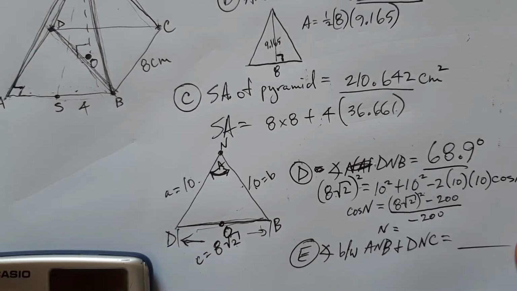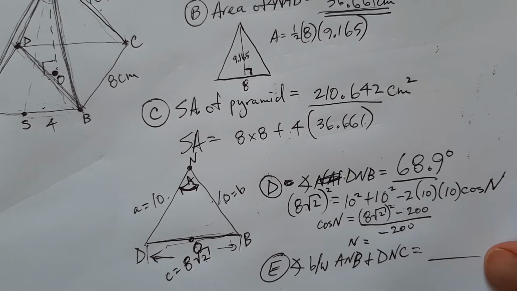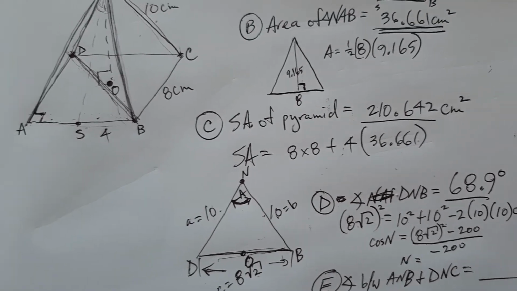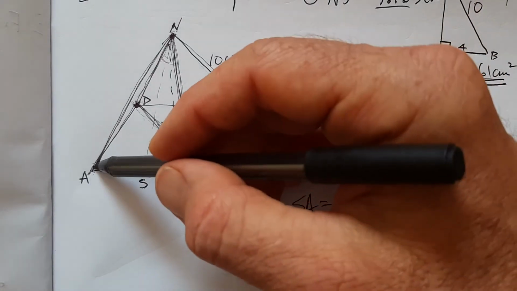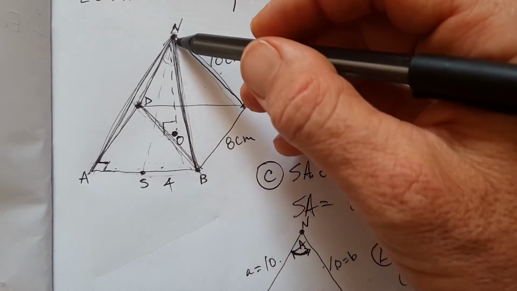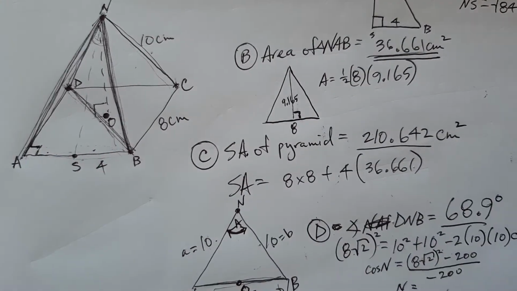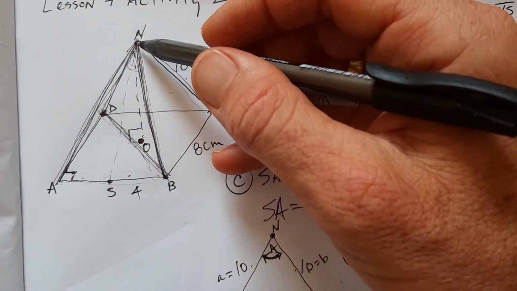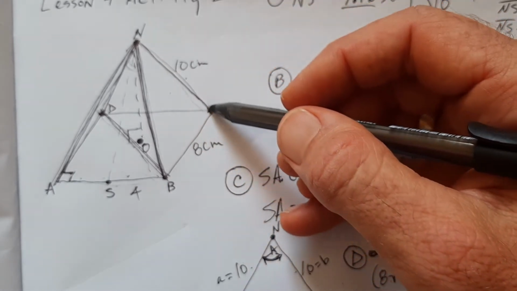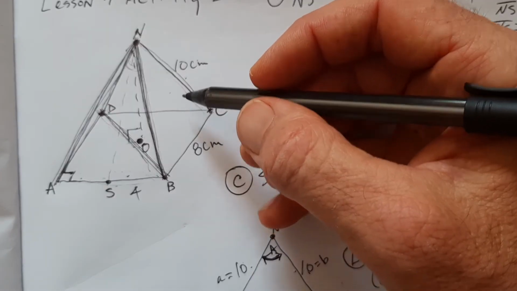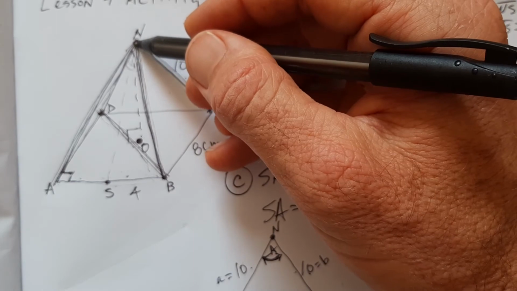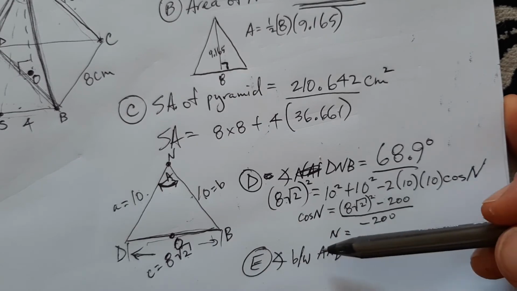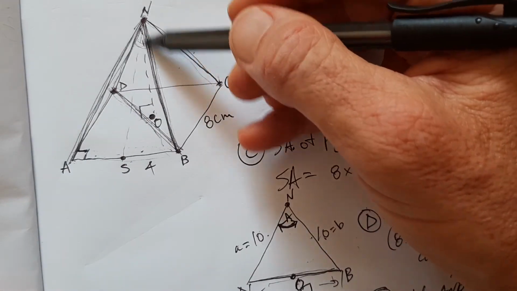And now, what's the last thing they want? Part E. The angle between A and B, the angle between this triangle, A and B, and D in C. Whew. Okay, well that's a whole lot of fun there. So the angle between NAB, right? A and B, the angle between this triangle, this face,